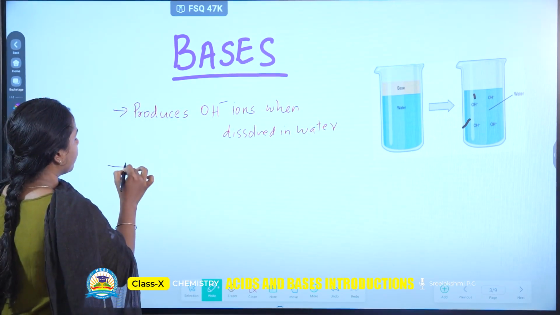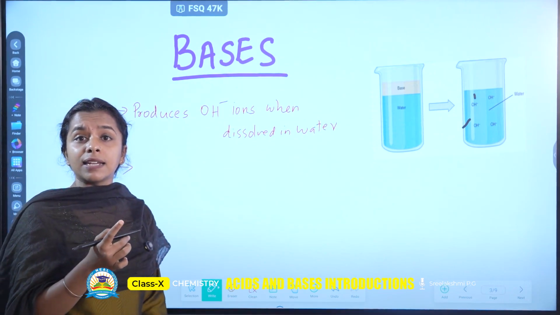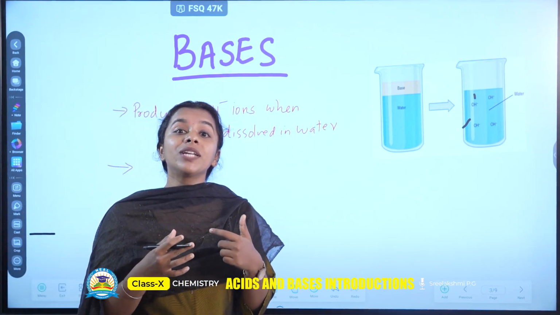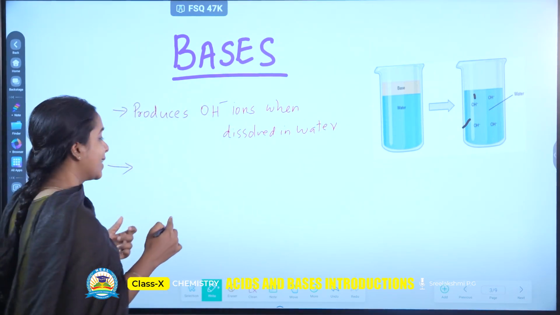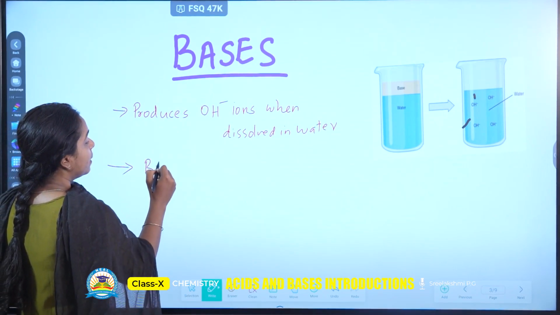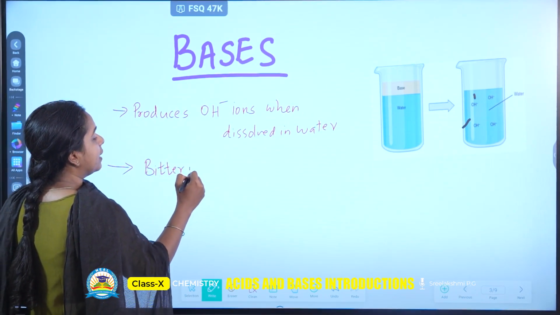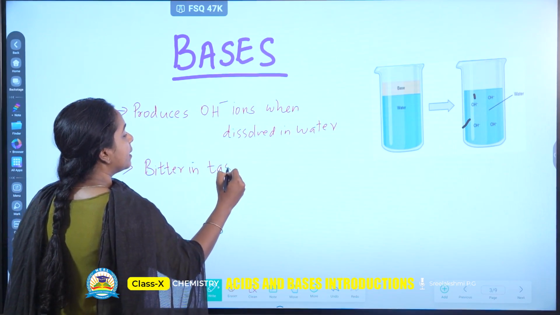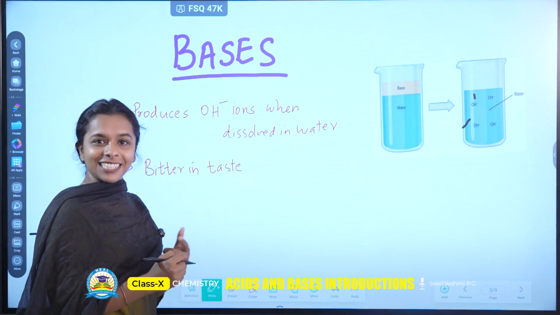Okay. Now the second one. For acid, you have seen that acids are sour in taste. Then what about base? Yes, base is bitter in taste. It is bitter in taste. Okay,